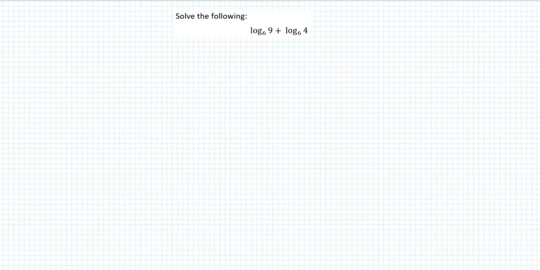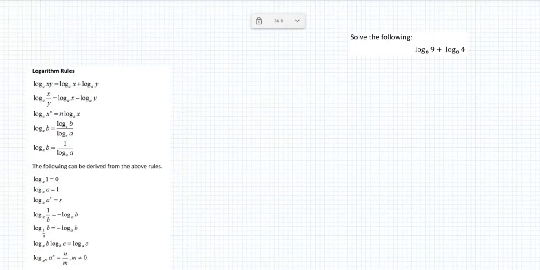We're going to solve this log question, and we're actually going to do another one right after it. And we're going to do it without a calculator. So these are quite simple if you know the rules, and your teacher will either provide them or you have